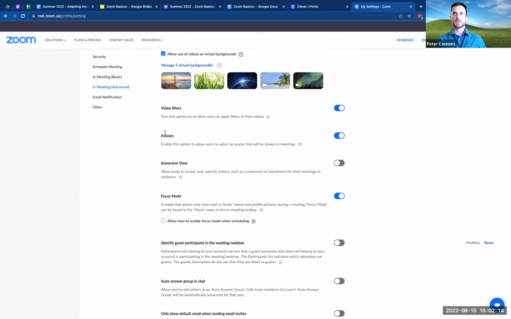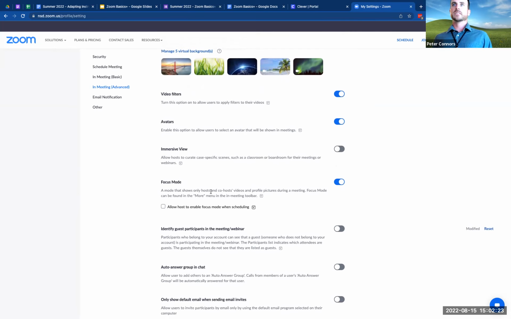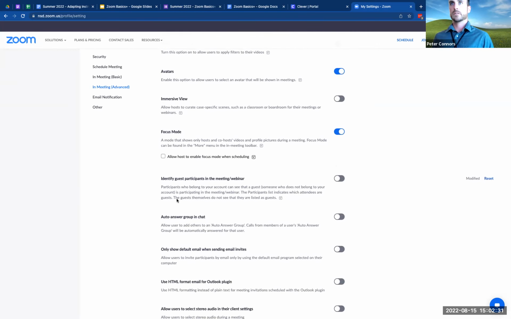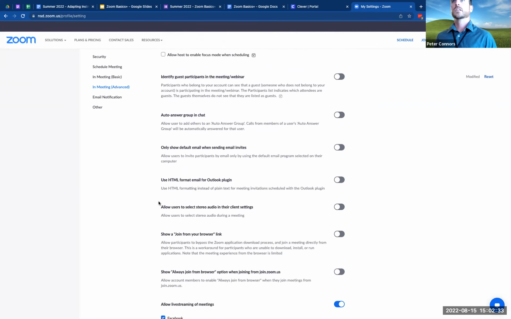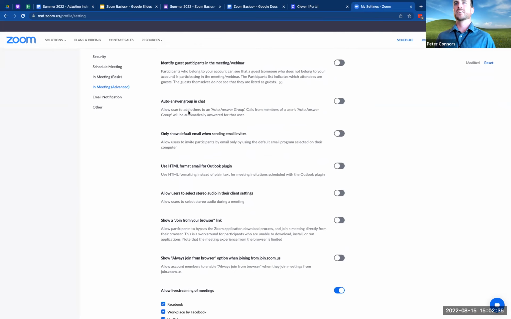Same with video filters and avatars. And again, you can change it when you schedule a meeting, but just by default, it's here. Focus mode is one that Maddie's going to talk about. I would definitely have that one turned on. It's really nice for keeping a spotlight on someone, so to speak. And then some of these ones down here just get really, really advanced.